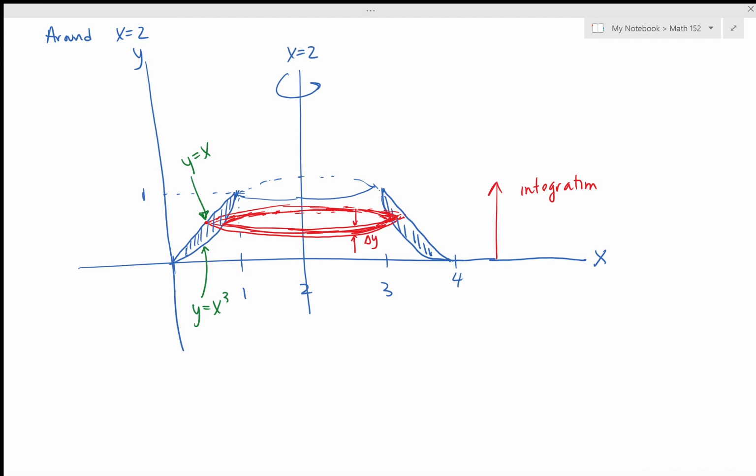So I'm saying, given a value of y right here, I'm going to be given a value of y. What is this radius right here? So this is some value of y. What is our inner radius? And then after that, what is our outer radius? So let us do it this way. Outer radius. What is that radius? For some given value of y, that radius is, let's see,